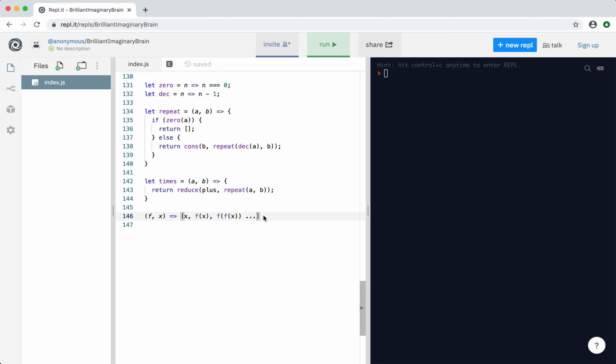Now, how might one implement this in the traditional paradigm? Well, we could say iterate is equal to a function that takes a function f, some value x, and then also we're going to have to take some number n of how many items we want the collection to have, because in Clojure there's such a thing as lazy sequences, but we don't want to bother with this right now. We're only going to return a finite